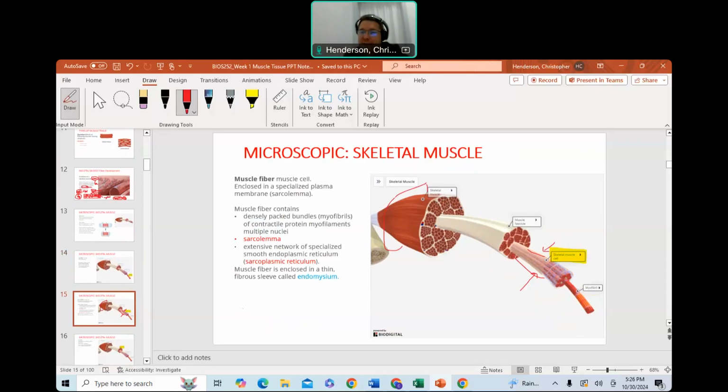Now, the thing is, we only want to recruit the appropriate amount of fibers to fire to make our strength appropriate. So if I go pick up the mouse, I don't need a lot of muscle fibers, aka cells, to pick this up, right? So I only need a few to fire. But if I pick up a book,